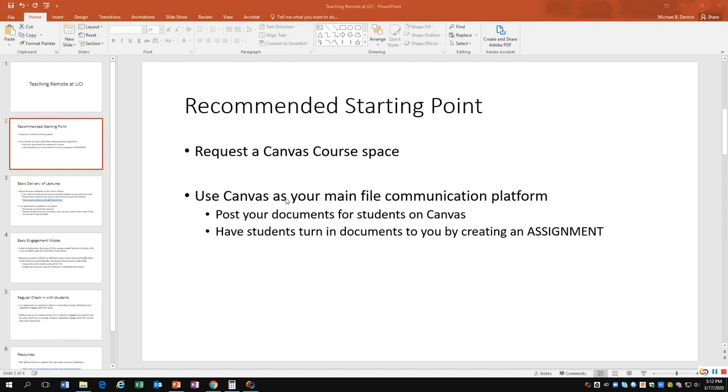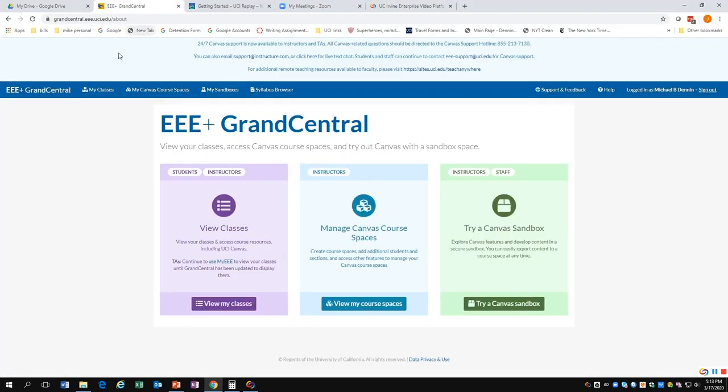And the first step really is to have a Canvas course space, because you can use this course space for the absolute minimum of file communication, meaning posting documents for your students to get and having your students turn in documents by creating assignments. So let's go there and see what that looks like. So you're going to go to